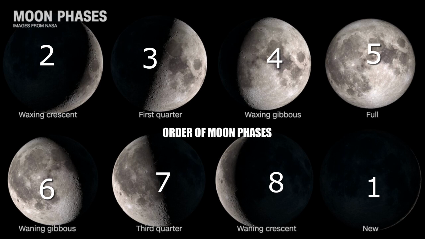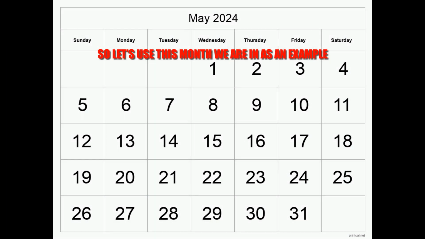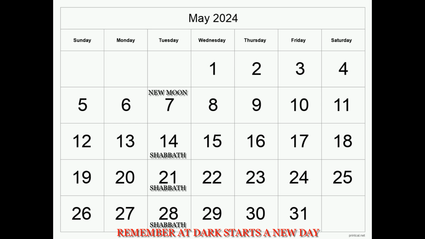So if you drop Sunday through Saturday out of your vocabulary, if you drop 1 through 31 for some months out of your calendar, and just do day 1 through 7, then 7 through 14. And if you look in the scriptures, you'll notice you never see 30 and 31. Now anyway, we're going to use May as an example. So the new moon actually landed on the 7th, which means the new month started May 7th, not May 1st. This is why people have so many issues, because the Shabbat would have been on the 3rd and 4th if you'd have been keeping it based on the Gregorian calendar.